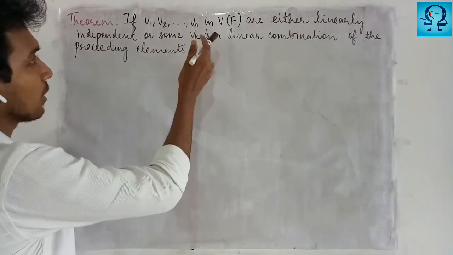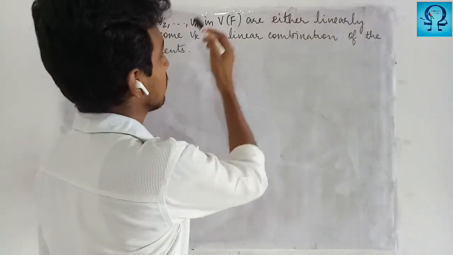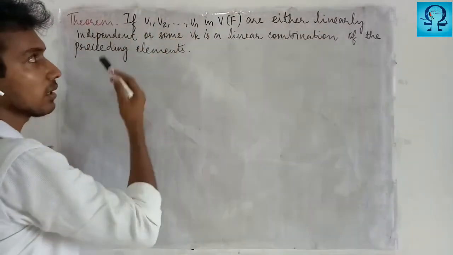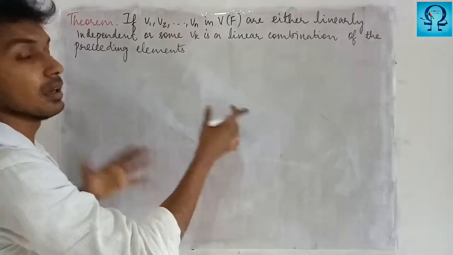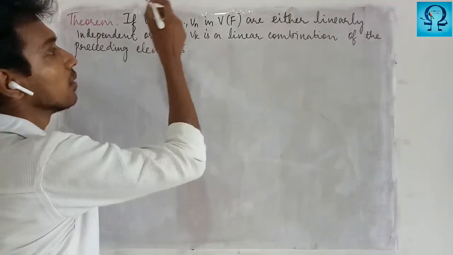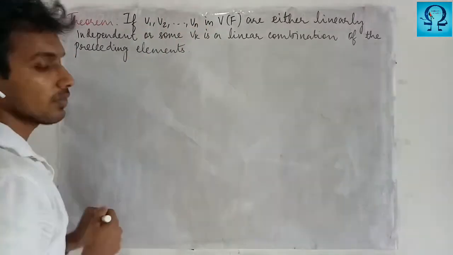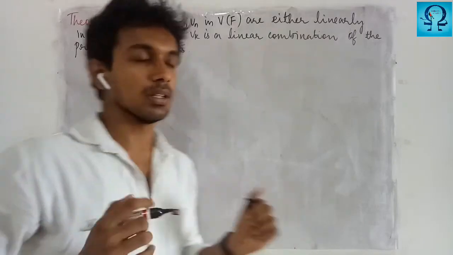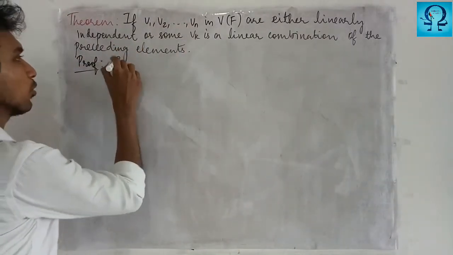Here, suppose you are taking some elements from a vector space. These elements are either linearly independent or, out of these elements, some elements are linearly independent and some element is a linear combination of the preceding elements. This is what we are going to prove in this lecture. Let us get into the proof. Suppose